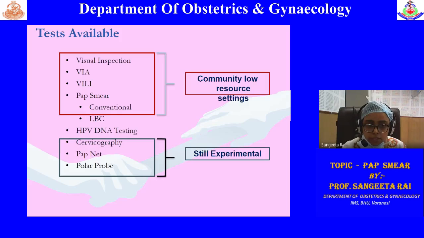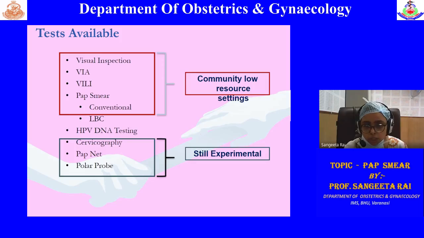Okay, so change the glucose, and where the glucose area is, there is glycogen-containing epithelium, so it becomes mahogany brown. So if mahogany brown is not there, then the chances of a suspicious lesion are much higher. The pap smear is what we are discussing.